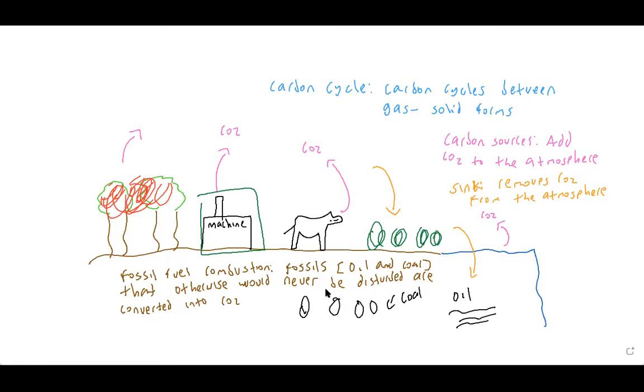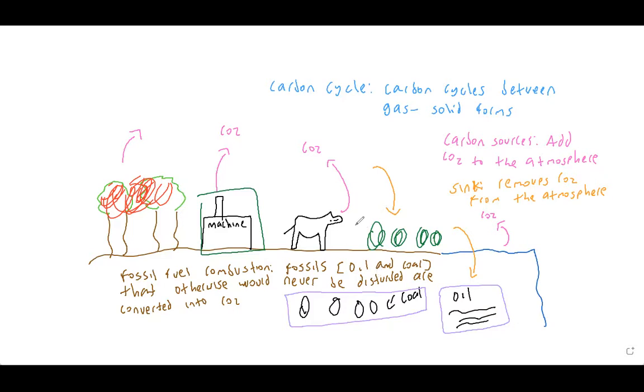But the problem is that we're taking these fossil fuels and we are combusting them. So the end result is that we're turning these carbon fossils from their solid form to their gaseous form. So we're adding carbon dioxide to the atmosphere every time we burn these fossil fuels. Now, you might be asking,